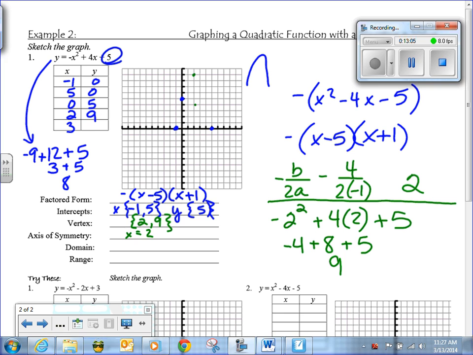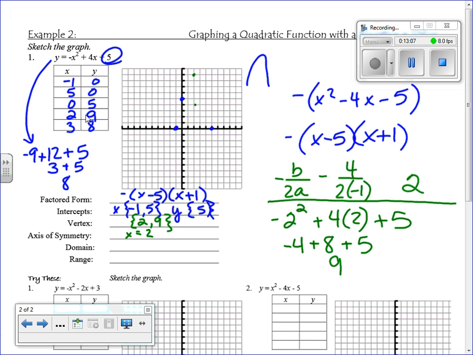And that's going to be 3, 8. So I'll go over 1, 2, 3, up 1, 2, 3, 4, 5, 6, 7, 8. Sure enough, it's going to work out to where I have my negative